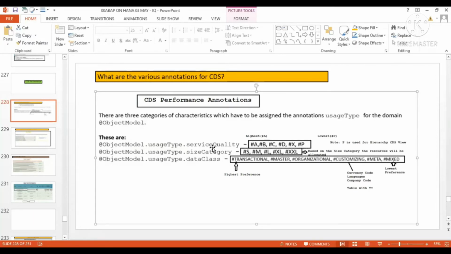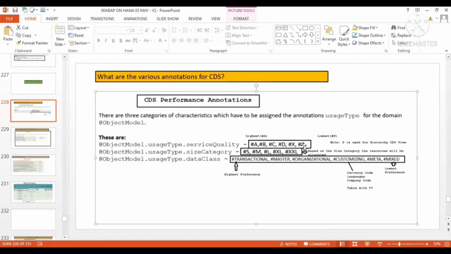The resource allocation and all is dependent on this service quality, so service quality is very important. Less than A you have B, less than B you have C, less than C you have D, and X and P. The lowest is P over here and the highest is A. P is used for hierarchy CDS views.